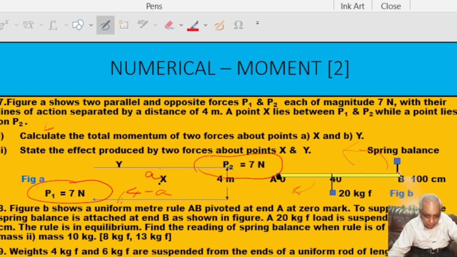So the force at B would be upward so that it will rotate the body in anti-clockwise. Then only this will remain in equilibrium. So it says we have to neglect the mass of the rod. So if you neglect the mass of the rod, what will I get? 40 into 20. 40 multiplied by 20